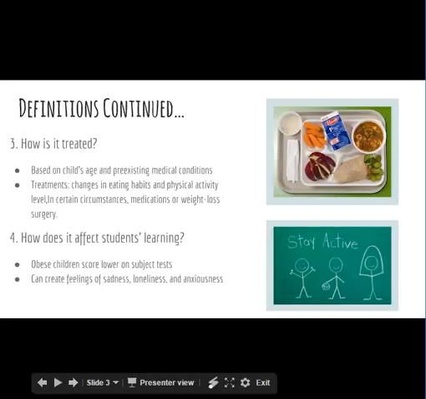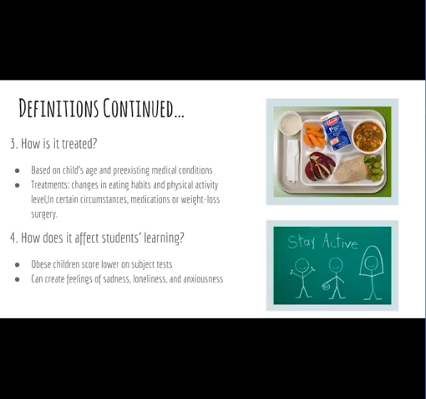So how is obesity treated? Well, we are focusing on children, so really, the earlier the better, because children are developing habits at a young age, and so the younger it is caught, the better effects it can have long term. And so it usually does start with a dietary plan. Most times a nutritionist is involved. A change in eating habits, and then also physical activity are the main ways that one can combat obesity or just weight gain in general.